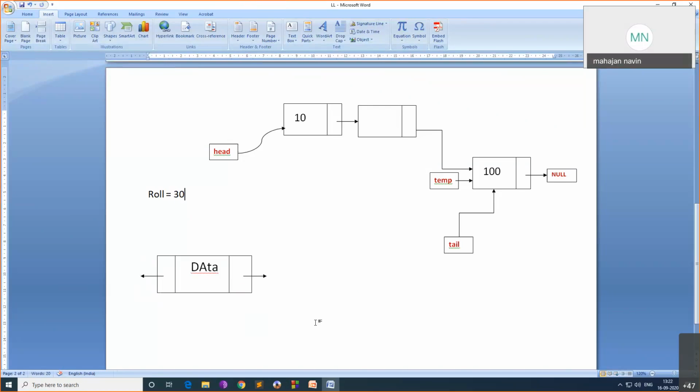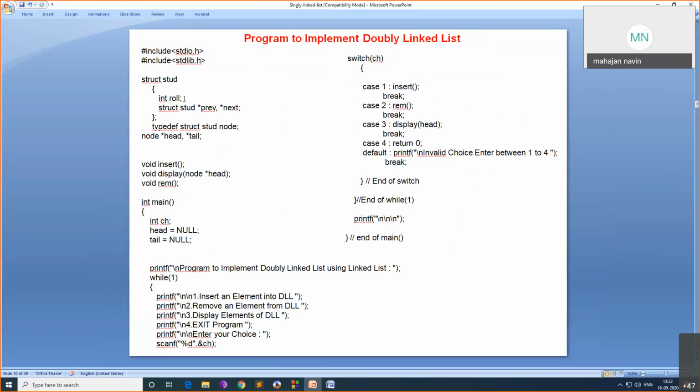Okay, so this is a doubly linked list, and initially what will happen? The program to implement a doubly linked list: I will define a structure with an integer roll number where data is stored, and I will have two pointers, previous and next, pre and next. And I will create two pointers, node pointers head and tail.